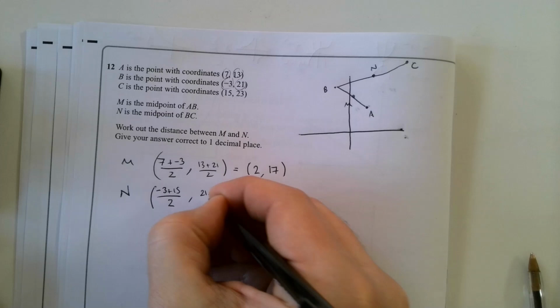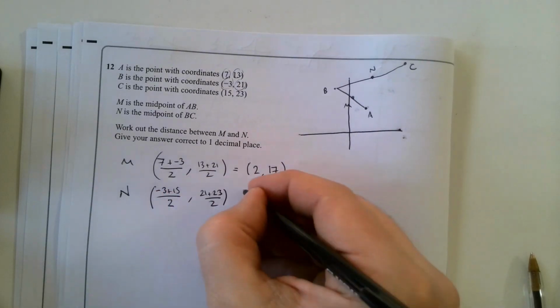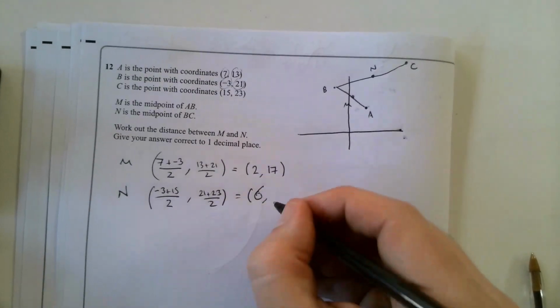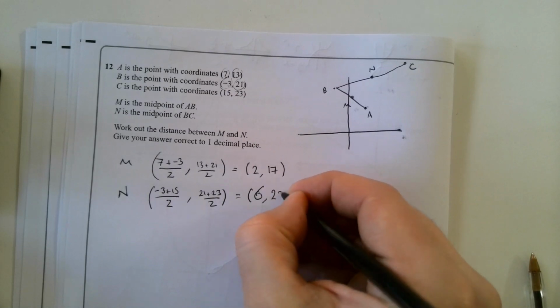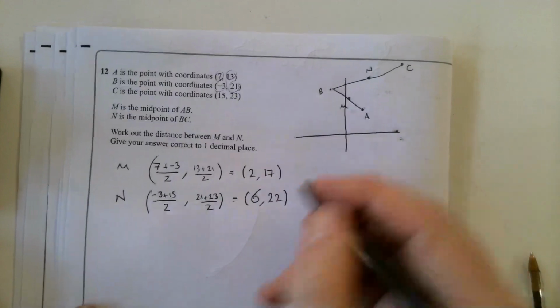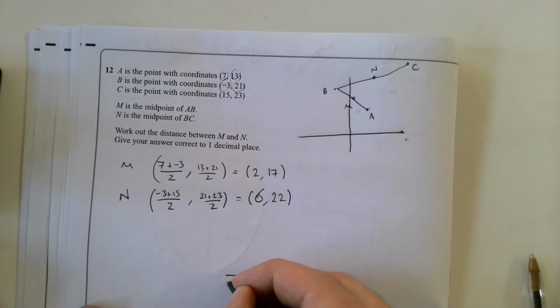21 add 23 divided by 2. So that gives me -3 add 15 is 12, divided by 2 is 6. And this one, 21 add 23 is 44, divided by 2 is 22. So 6, 22. Now, if I wanted to work out the distance between those two things, I've actually gone from 2